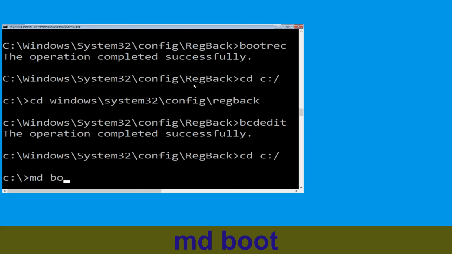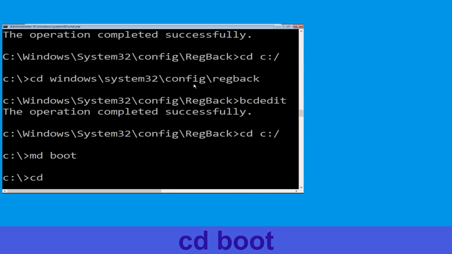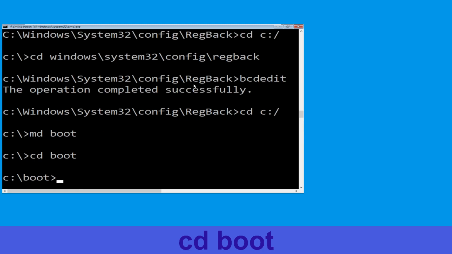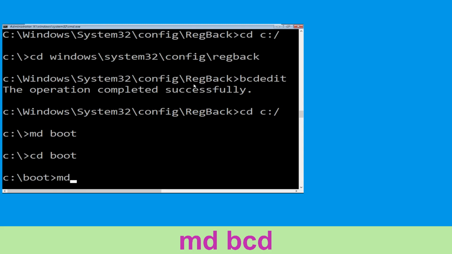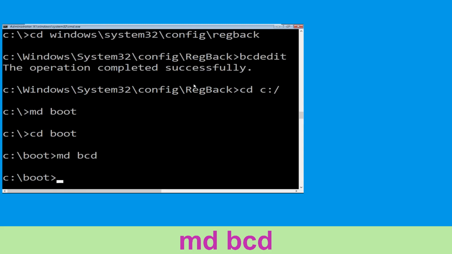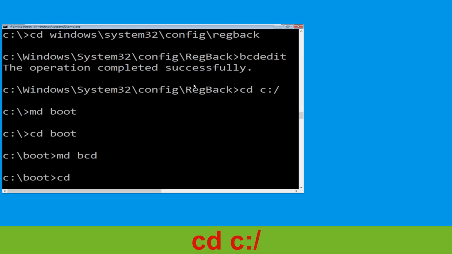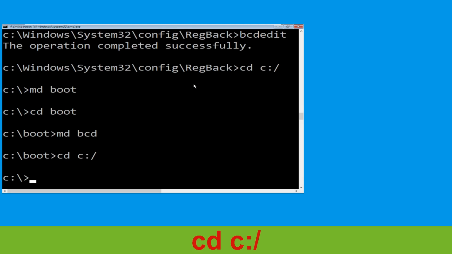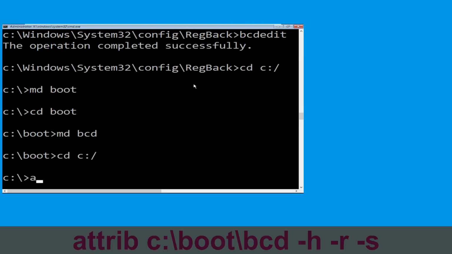Now type this md space boot and hit enter. Type cd space boot and hit enter. Now execute this command. Type md space bcd. Now type cd space c:/ and simply hit enter. Now execute this command. Type attrib space c:/boot